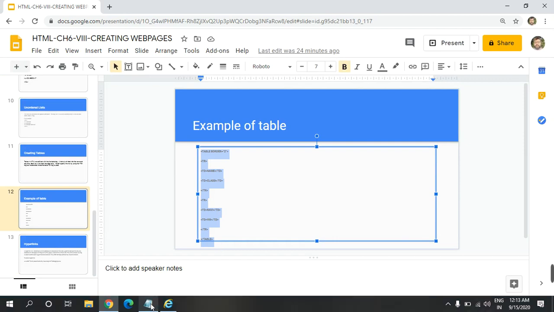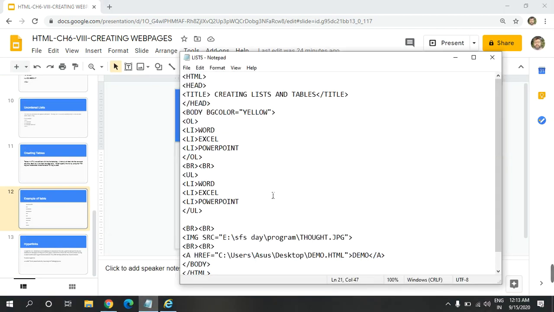Now I have created a web page for you. Here you may see a web page, and this web page contains a heading, that is the title of the web page, creating list and tables. Then here you may see we have given body bgcolor equal to yellow. It means the background color of the web page is yellow.